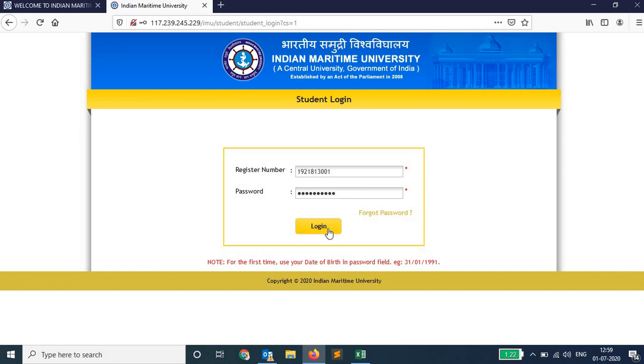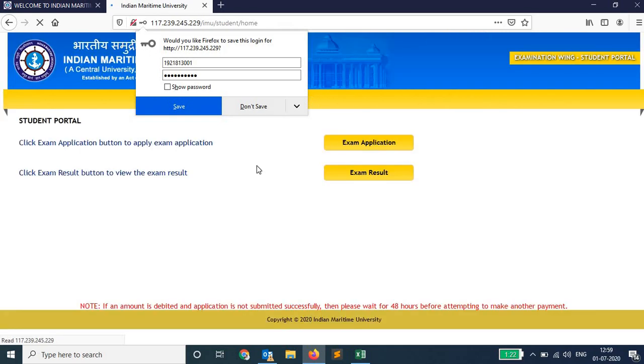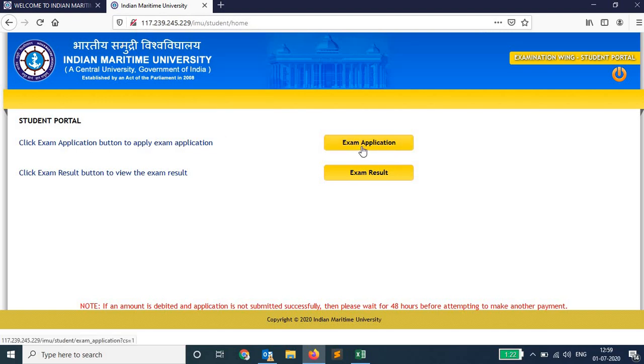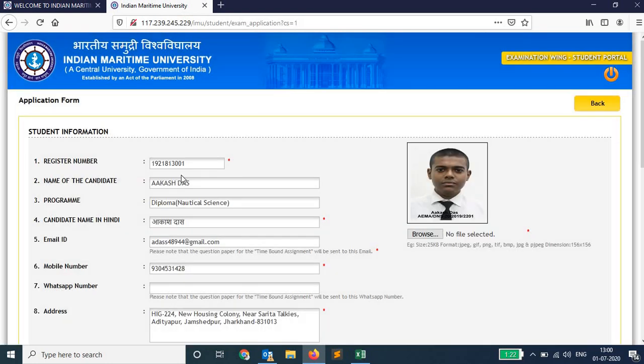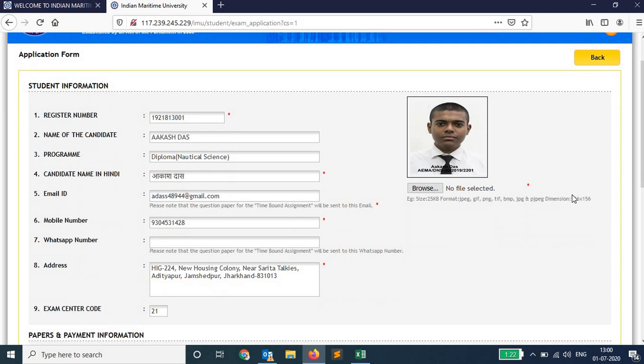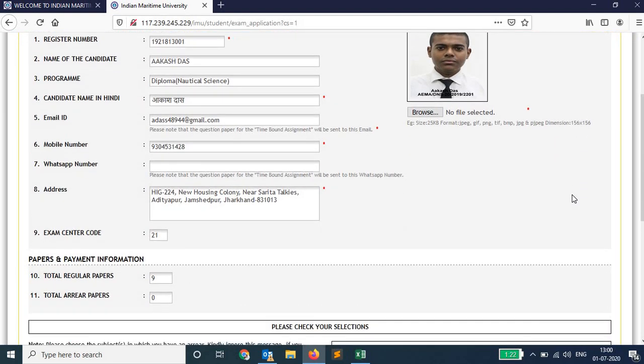Now after providing the date of birth, now I am going for login. Now here you can see exam application is available. So now you need to click on this tab, exam application. After clicking on the tab, you can see the register number is over here, name of the candidate, program, email ID, these all details are there, photo is also there. And if you are coming down,